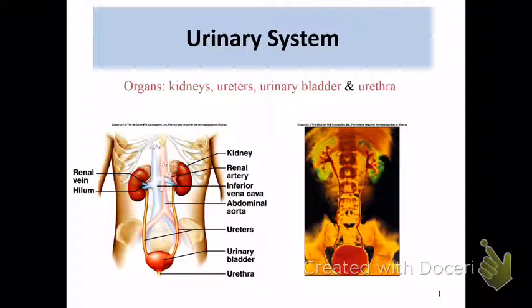The urinary system, we know, is what creates urine, right? If I were summarizing it for you, I would say your kidneys filter blood and remove the toxins that you will pee out. So it filters the blood and makes the urine. Okay, so I want to point out to you